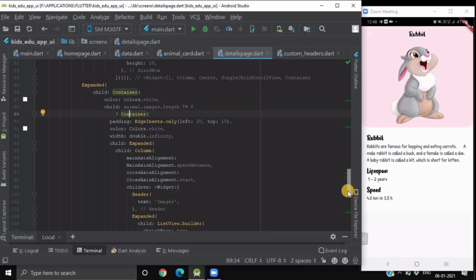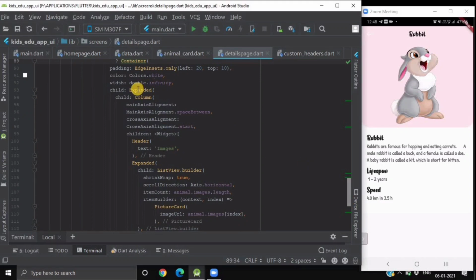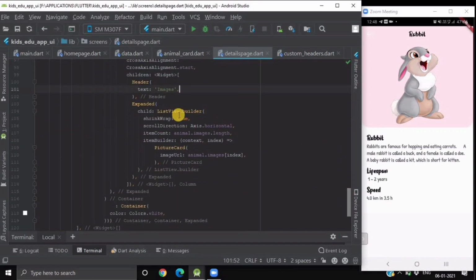Okay. Inside it, we will be having an expanded child. Okay. Inside which we will be having a column. Now, this column will be first having a widget of header which will be showcasing images. Okay. And after this header, we'll be having an expanded widget which will be having a list view of our network images. Okay. So, for that, we have provided the scroll direction of this list view to horizontal.